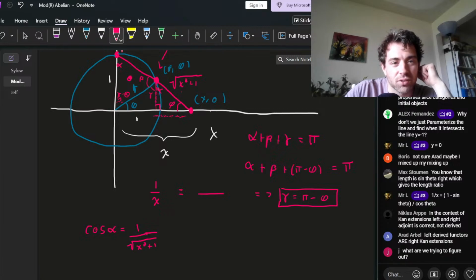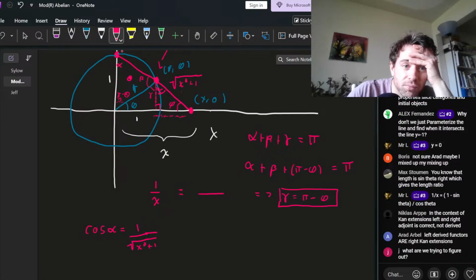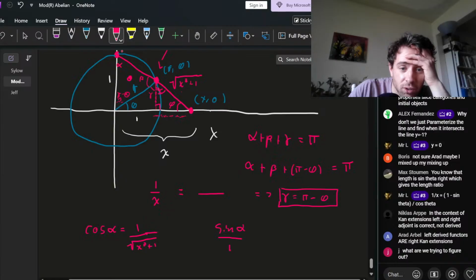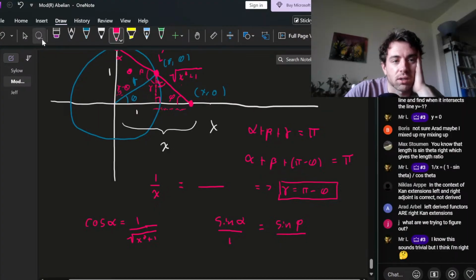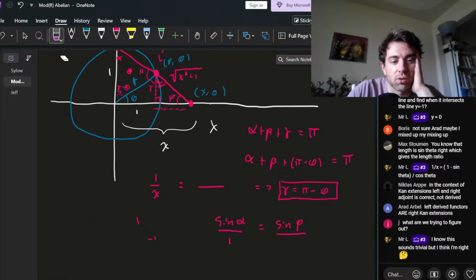So we have this angle, but we don't have any of the distances of this thing. But we do also have sine alpha over 1 should be equal to sine phi over,